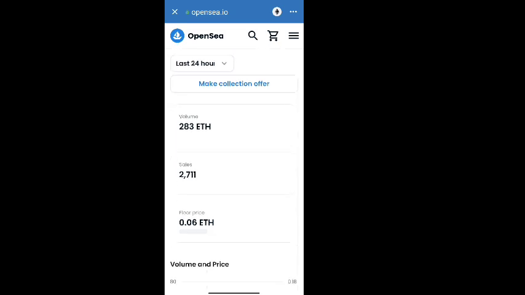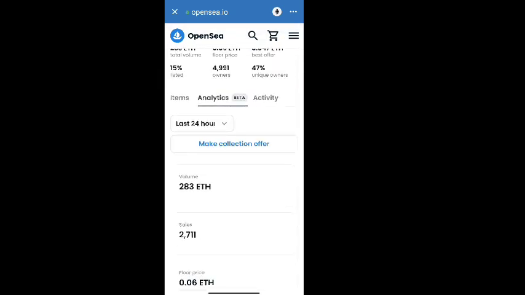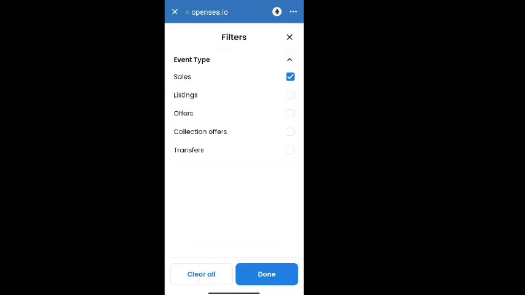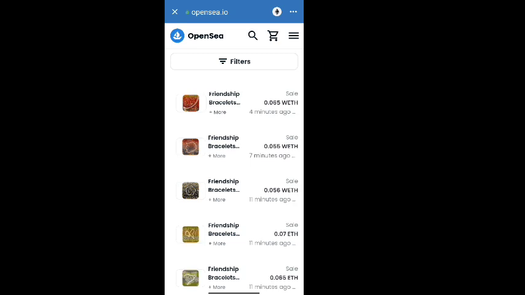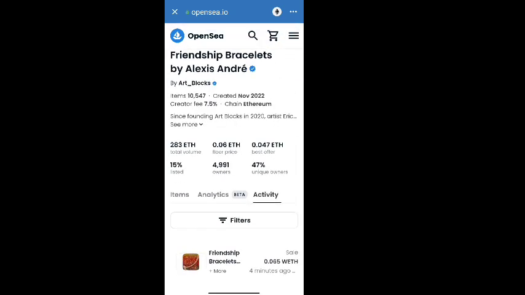So you can use any of the chains, and you can see here NFTs like Alexander NFT and many more NFTs. You can trade NFTs, and after trading NFTs you can earn from trading them. You can buy NFTs at a low rate and sell them at high prices. So you have to do research before buying NFTs. So I can teach you how to buy NFTs here, and here you can see activities of NFTs, analysis of